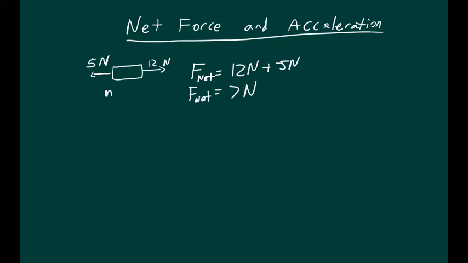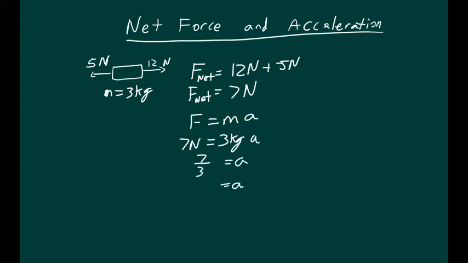Now let's say the mass of this object is 3 kilograms. Well, if we look at Newton's second law, we know our net force is 7. We know our mass is 3 kilograms. So now we can solve for A. And 7 divided by 3 is 2.33